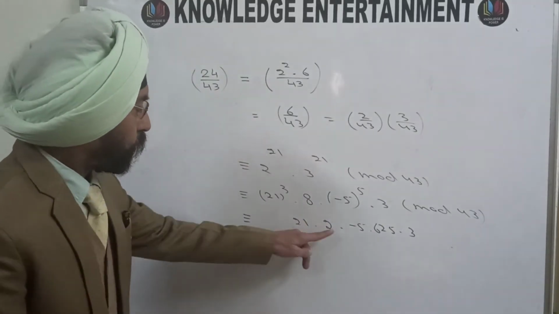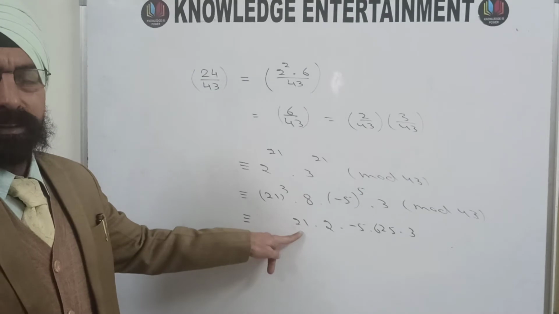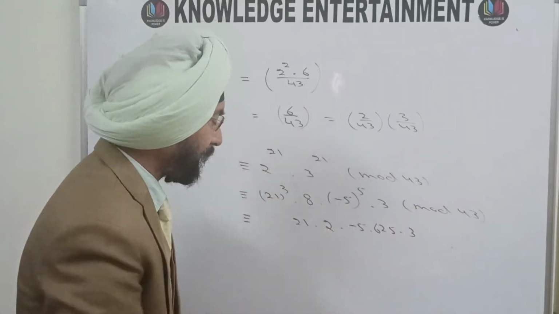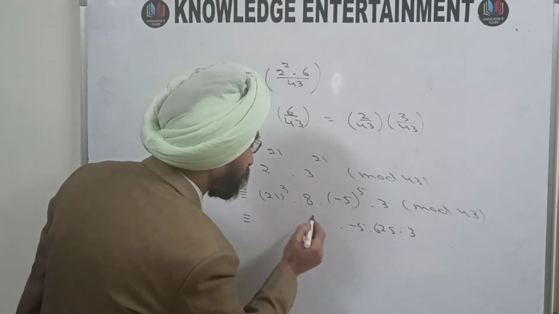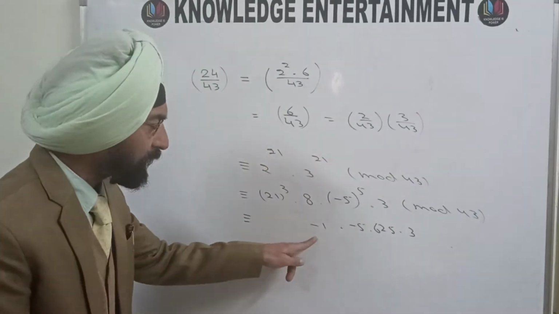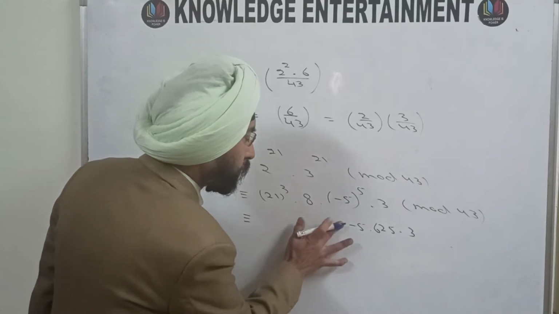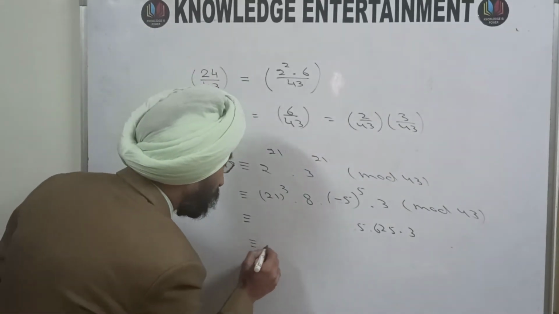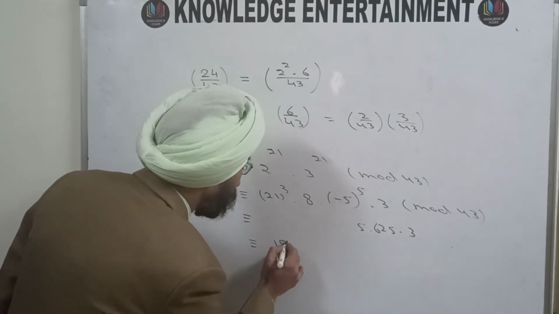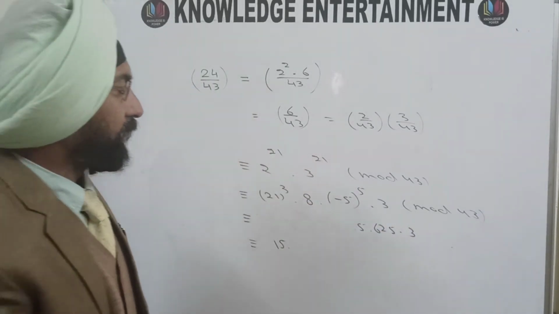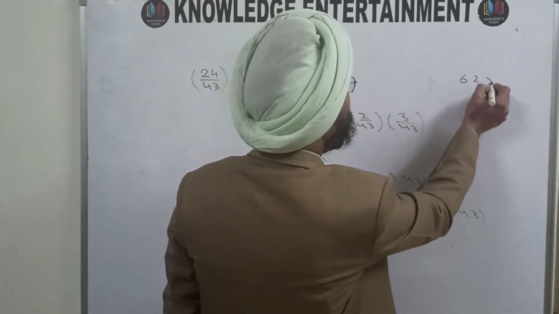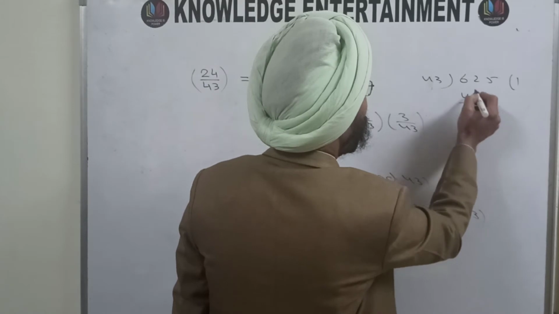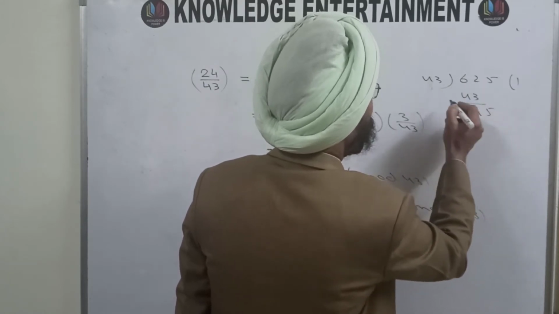Now 2 into 21 is 42. 42 modulo 43 will become minus 1. So this product will be minus 1. And minus 1 into minus 5 is 5. So now you are having 5 into 5 to the power 4 into 3. So it is 5 into 3, that is 15, into 625. Now if you divide this 625 by 43, you will get as remainder